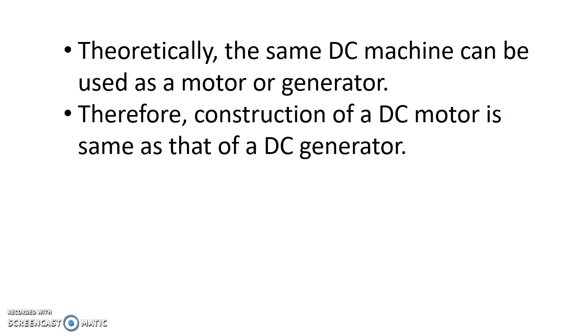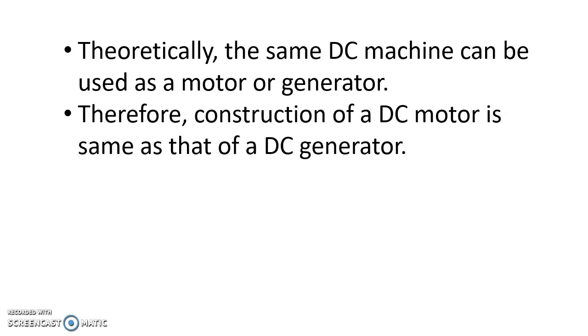A DC motor, as we all know, converts electrical energy to mechanical energy, and a generator converts mechanical energy to electrical energy. How the conversion process takes place comes under the principle of operation. That's the topic we are going to deal with. Today we are going to see some introduction regarding the principle of operation. The supporting animation videos can be seen in the forthcoming videos. Okay, let's get into the topic.